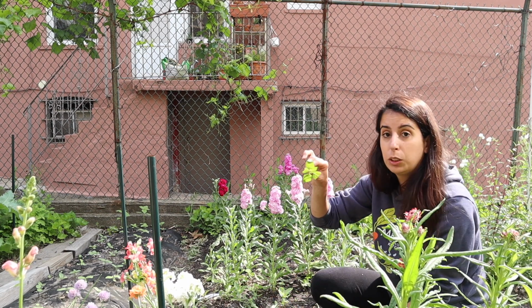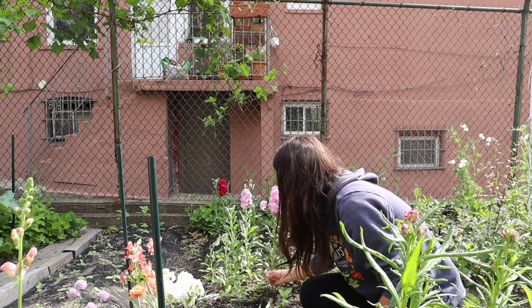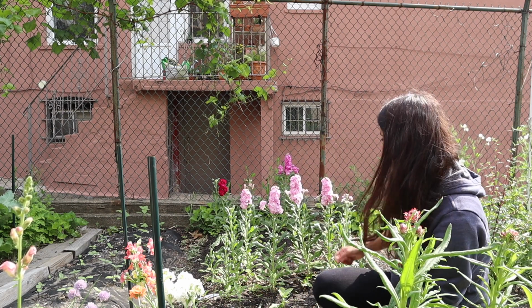Tomatillo seedling. I had tomatillos in here last year, and lots of them are popping up. No tomatillos for us this year. They're not going to be here to take care of it, so